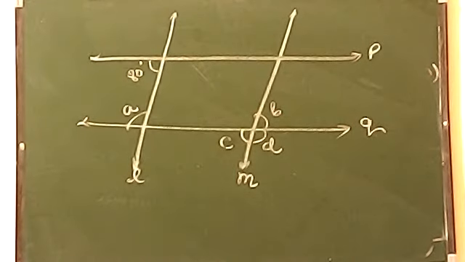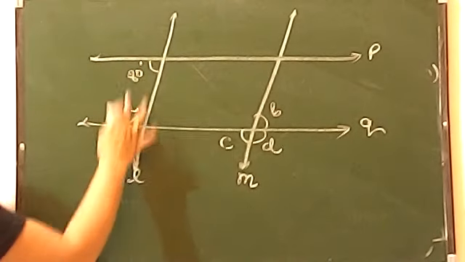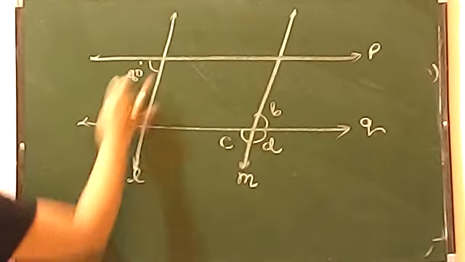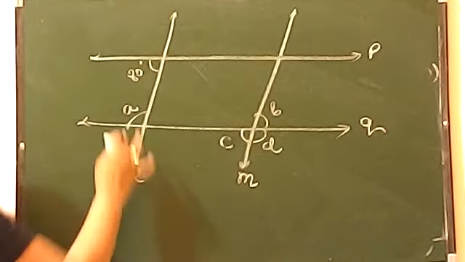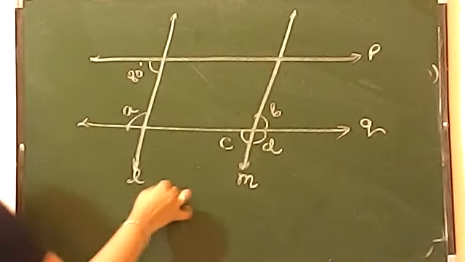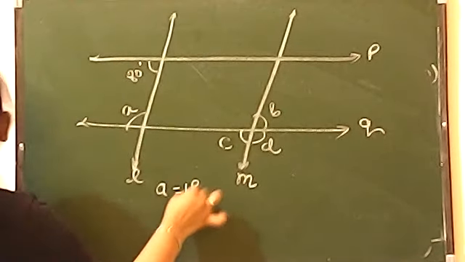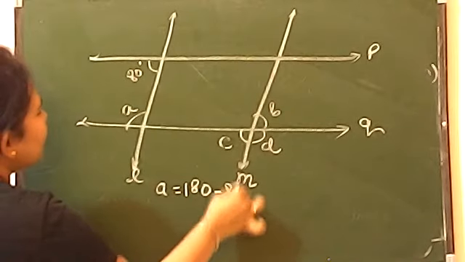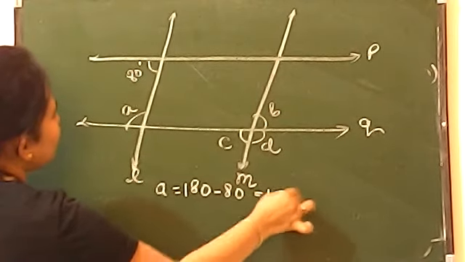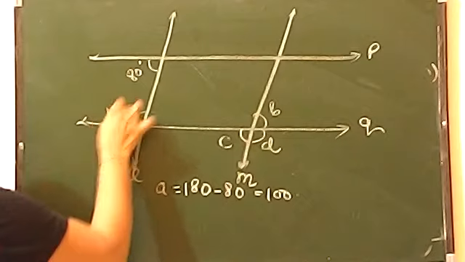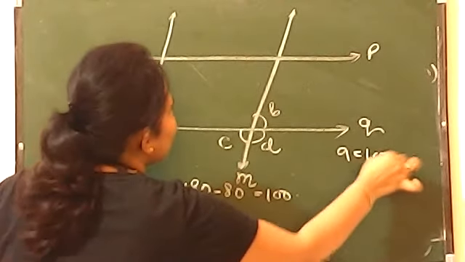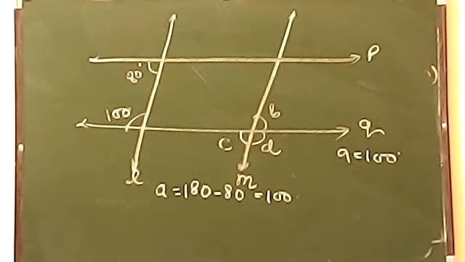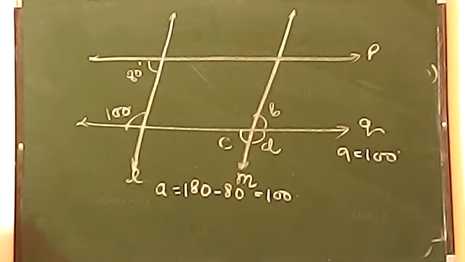In this question, you will find out this is 80 and this is A. So if you talk about these two angles are called co-interior angle. And according to the law of co-interior angles, it will give you A as 180 minus 80, which will give you 100. So the value of A will come here as 100. So I am writing here A will come as 100. The reason of co-interior angles. Okay.